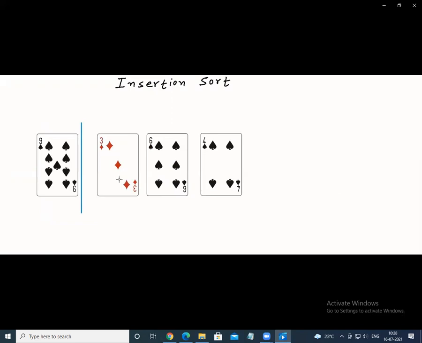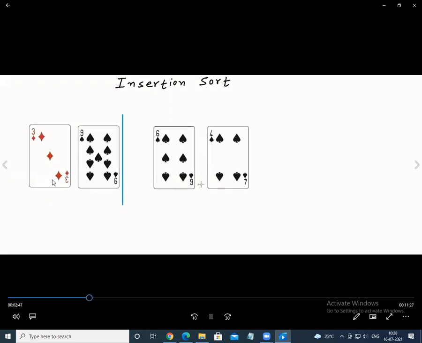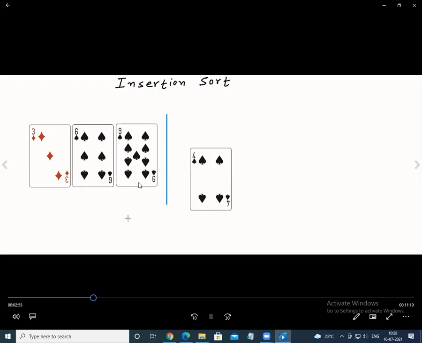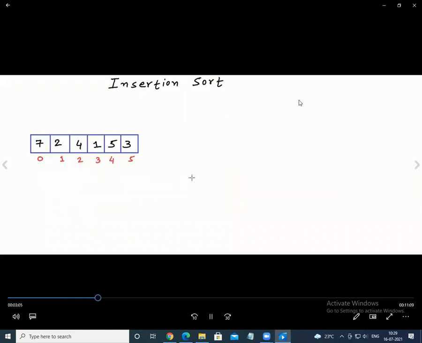So as I explained, you're simply dragging the card and making sure that you are inserting. So 9, 6 picked up, 3 inserted above 3. Again, when you pick up 6, in between 3 and 6, is it or not? 3 has to be inserted in between 3 and 9. Again 4 has to be inserted before 6. So this is the same way as what I explained right now. You pick up the card, and you insert it based on the positions.